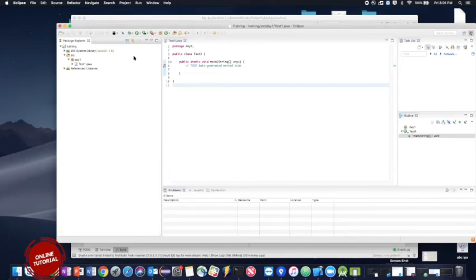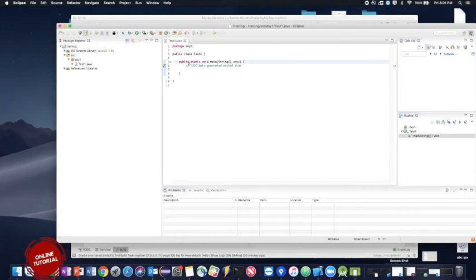Okay. So I'm telling you how to write it. Before that, we are still not ready to write Selenium code. We have to download a couple of things. Go to Chrome or any browser